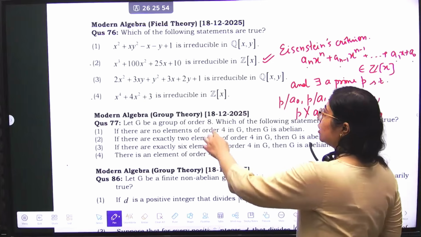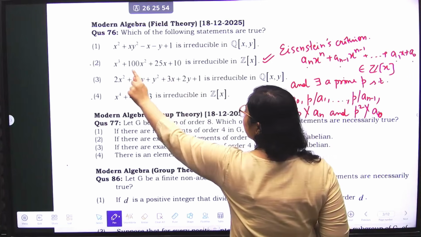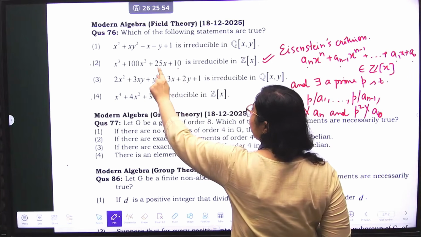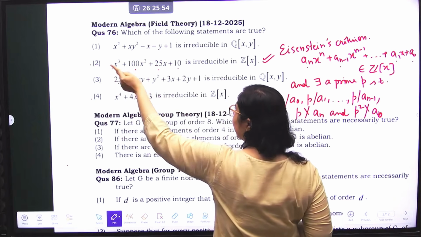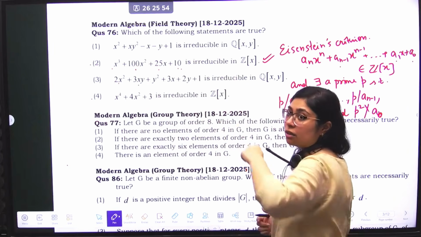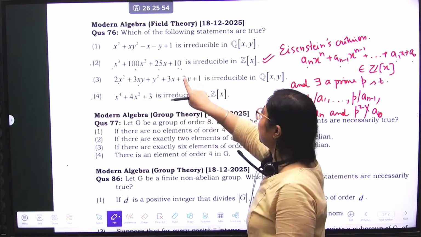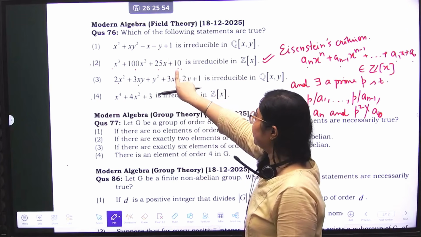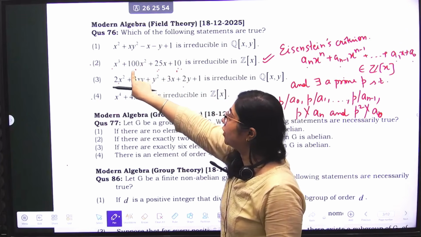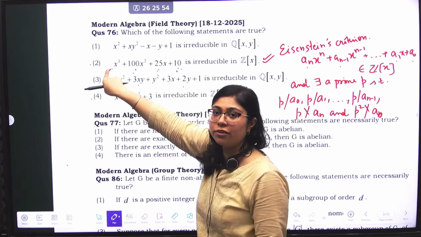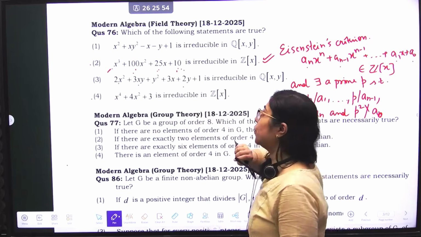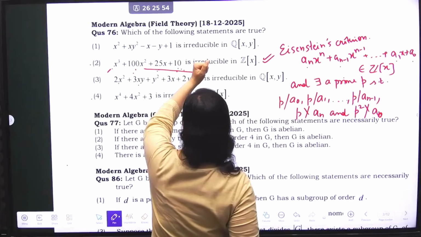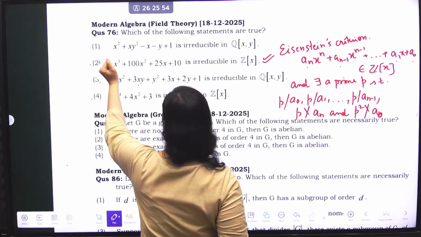So if I see this, can I get a prime which divides 10, which divides 25, which divides 100, but does not divide 1, and its square does not divide 10? The answer is yes. p equals 5 will divide 10, it will divide 25, it will divide 100, it will not divide 1, and p squared, which is 25, does not divide 10. So in this case, this polynomial is irreducible over